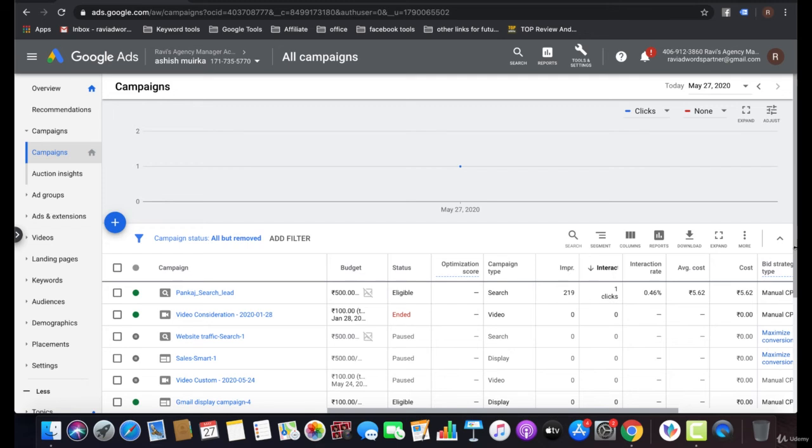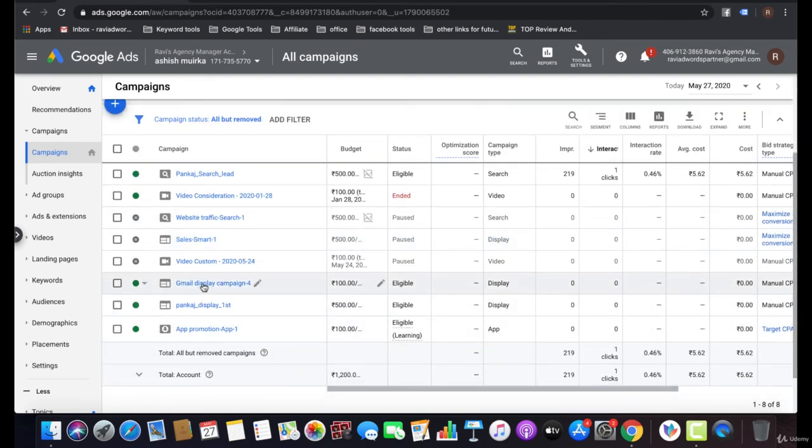Now there is one more thing, that is similar audience. A similar audience is a targeting feature based on particular data files, most commonly a remarketing list. It helps you expand the reach of your best performing audience by targeting new users with similar interests or similar keywords to your website. That is a similar audience.